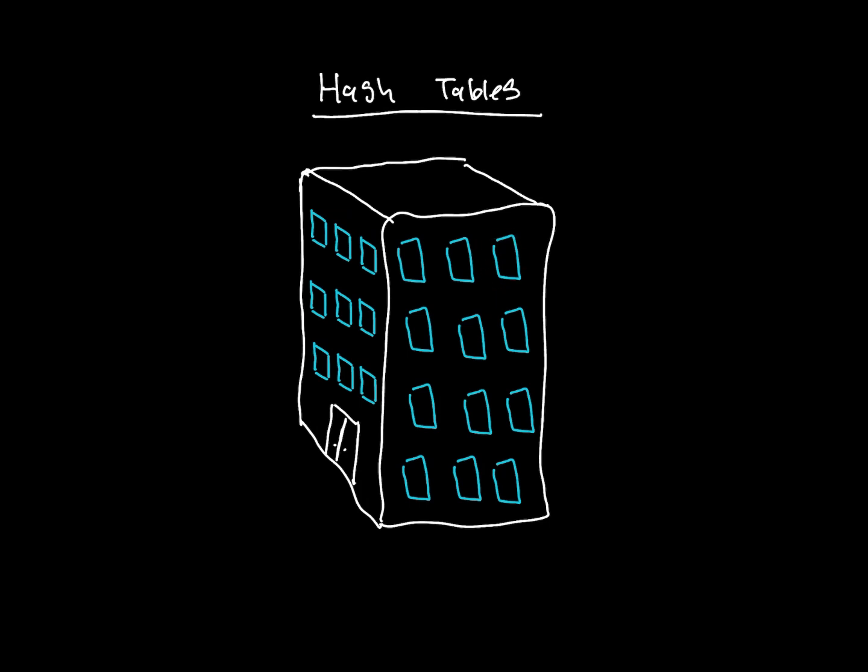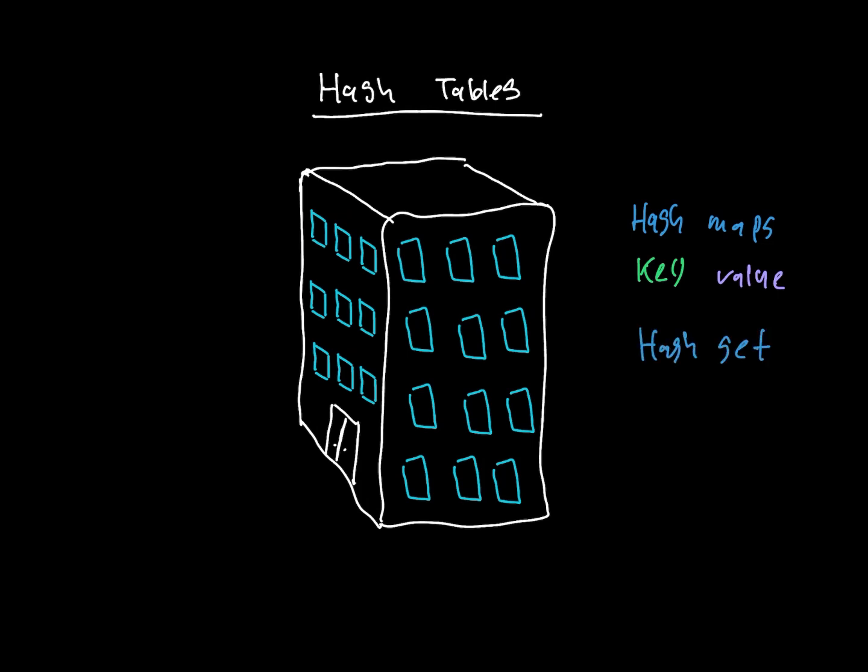Let's look at two common hash tables. We have hash maps and hash sets. Hash maps store a key value pair. In our example, we had the apartment number, which was the key, and my friend's home, which was the value. Hash maps are used to find detailed information about something, whereas with hash